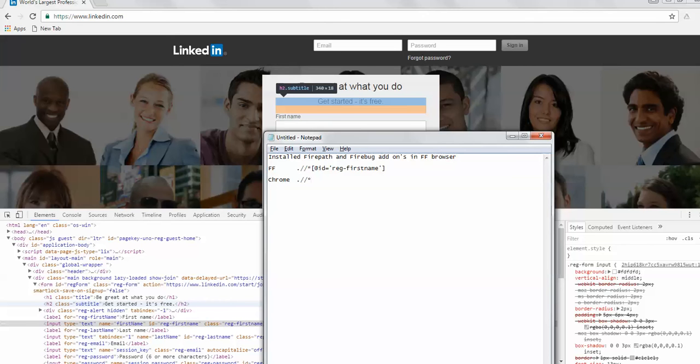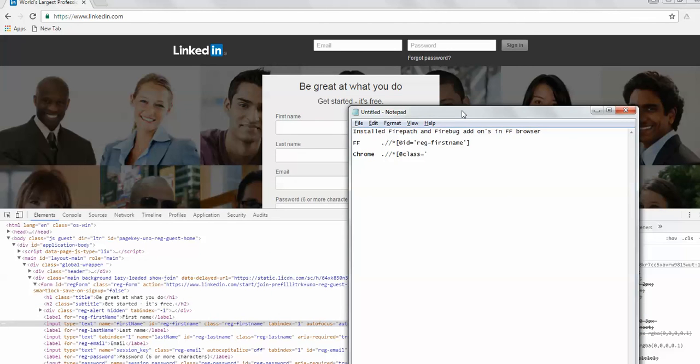So look for anything, double slash asterisk, look starting from the root node for something at the rate, you have to specify what it should look for now. It should look for class, which is equal to, give the same class name whatever you see here in the blue line. It says reg hyphen first name, FIRSTNAME. This is the class name that we got. So this is the XPath that you customized in your Chrome.